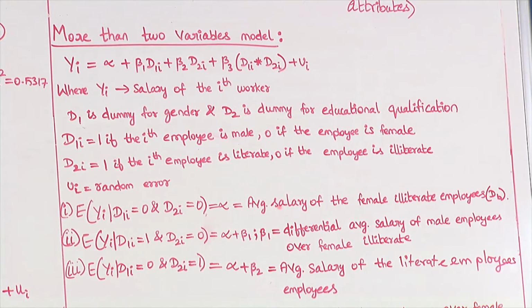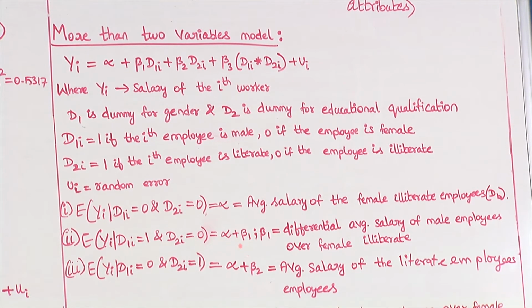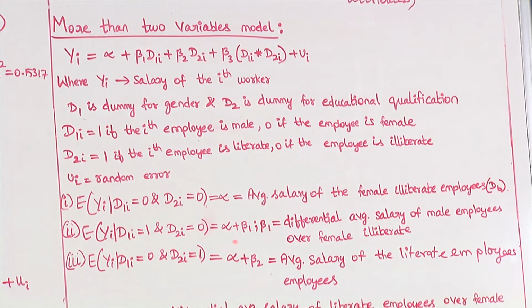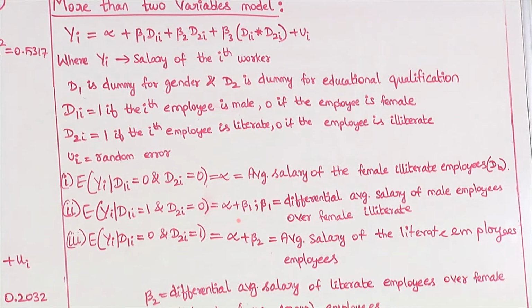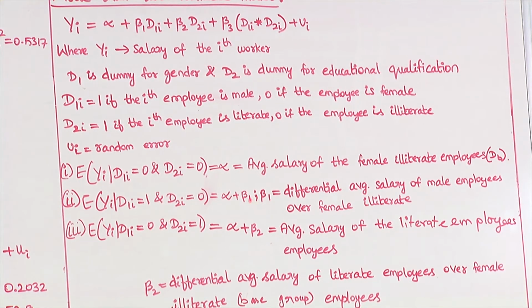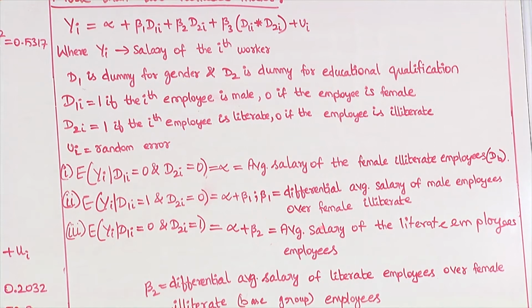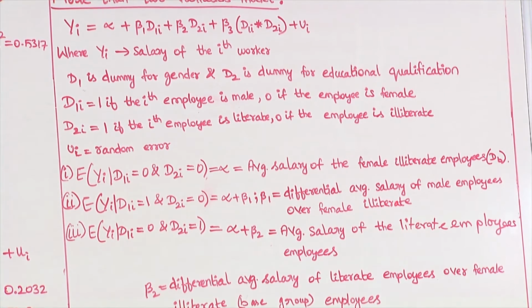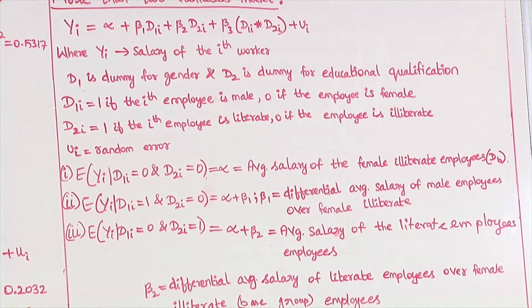So alpha measures the average salary of the female illiterate employees, and the conditional average of Yi given D1i is equal to 1 and D2i is equal to 0 is alpha plus beta 1. This is the average salary of the male employee,